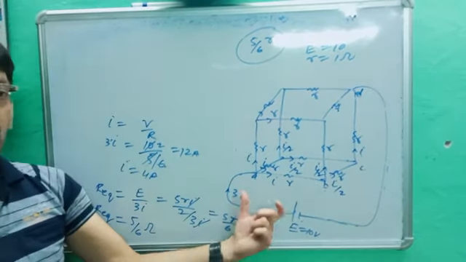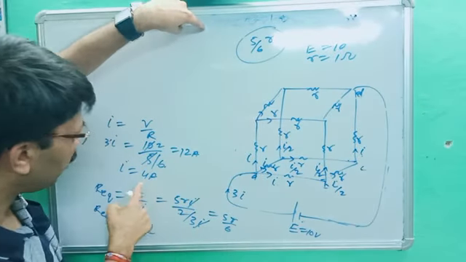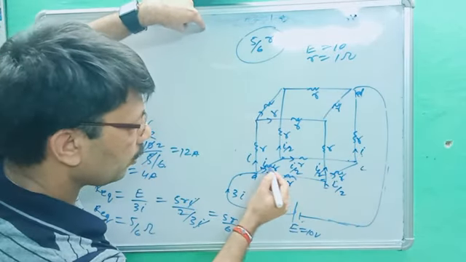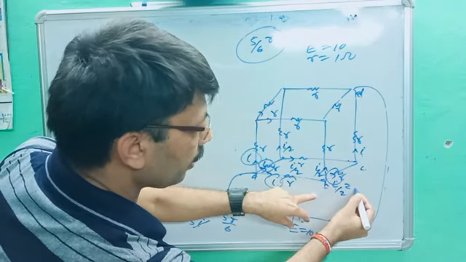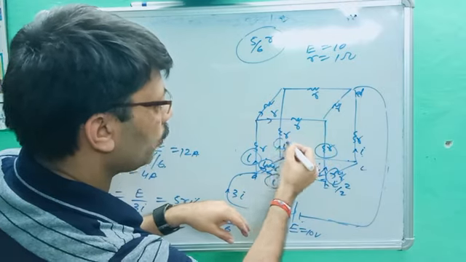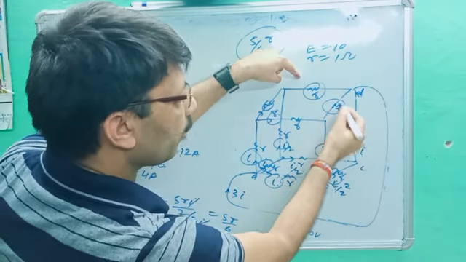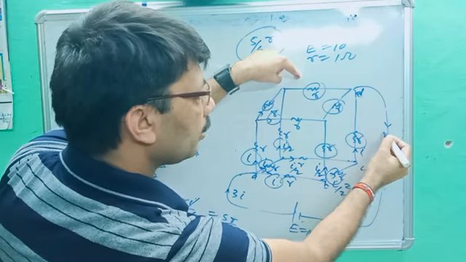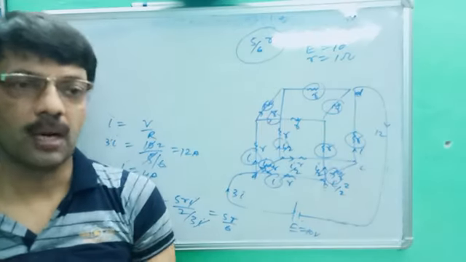Now you can see the current of each branch. It will be 4 because you are getting I as 4. So it will be 4 ampere. The branch with I by 2 will be 4 by 2, which means 2 ampere, 2 ampere. Again you will get 4 ampere, 4 ampere, 4 ampere, and again it will be 12 ampere. So this is the application of Kirchhoff's law. Okay, that's all for today.